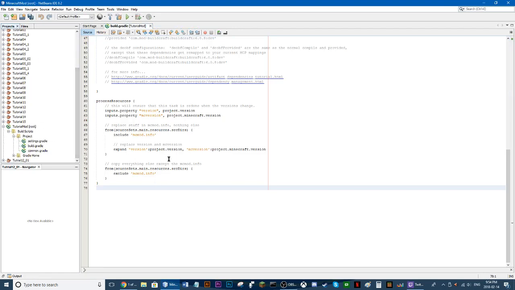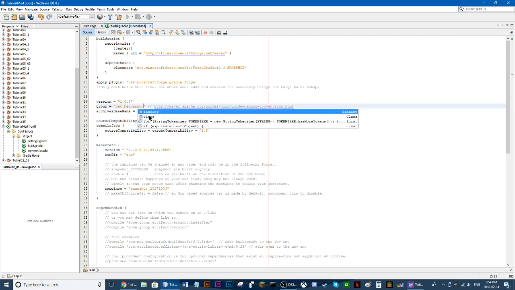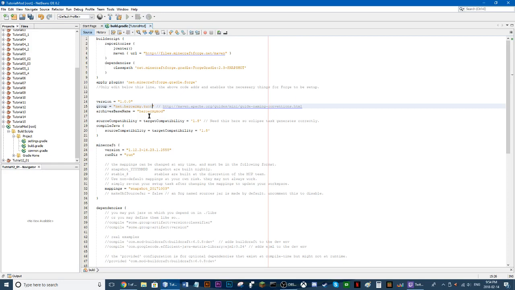All right. So there are a few things you want to work with. Version. This is what version your mod is. You can leave it like that. Over here, on the other hand, I normally do net.heroarmy and then I put the mod ID here. This was just going to be tutorial. And this is where you put the mod ID. Anyway,